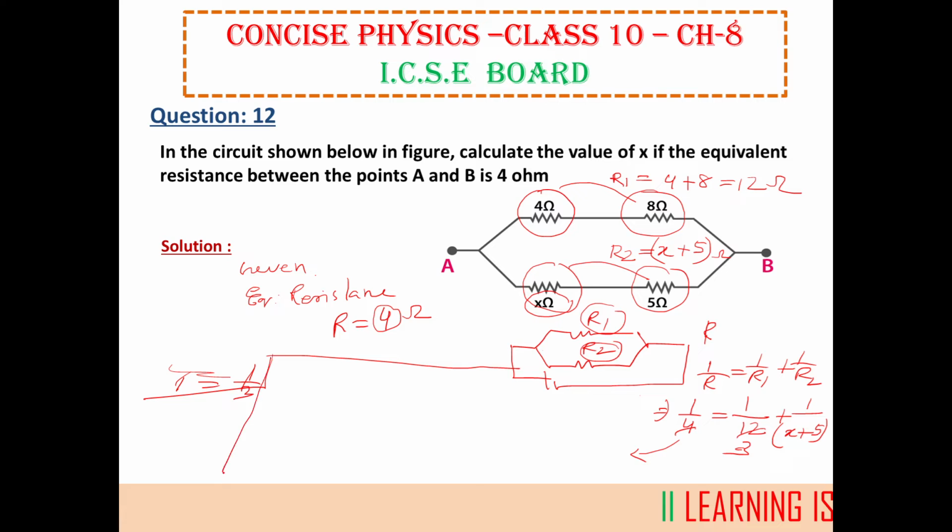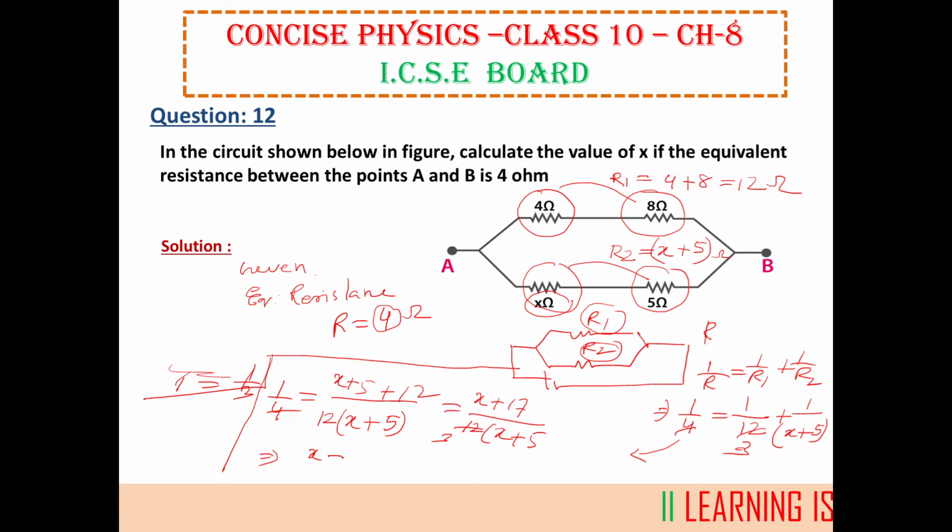We can do like this. The 1 by 4 equal to, LCM of this will be 12 into x plus 5. So here will be x plus 5 plus 12. So this will be x plus 17 by 12 into x plus 5. Now we can cut 4, 3. So one more simplification, we get